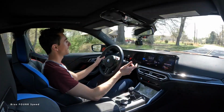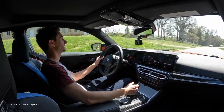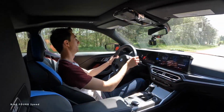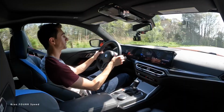But then I'd say the only other sacrifice going from this, from a Supra, is the fact that it's not quite as nimble. And again, it weighs 400 pounds more. It's got those back seats. You know, you can only do so much when you add practicality and size to a vehicle. With that said, in the Sport Plus mode, you know, back to back, the Supra handles better, but when you're just driving this,